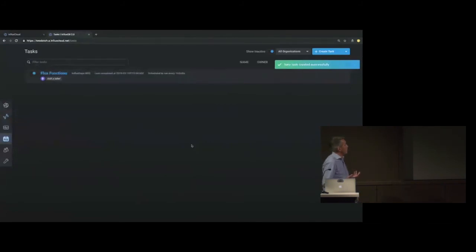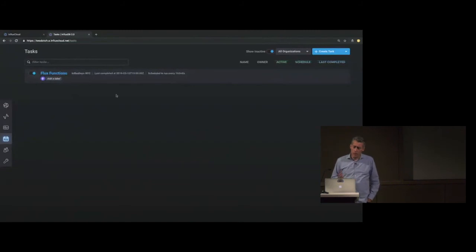I get visualization of what tasks are active and running, and I can turn those tasks on and off. Now again, at the moment, the style of tasks that are supported both in the alpha as well as in cloud are these sort of continuous query style that we've had in the 1.x line. And the intention is to expand that to include anomaly detection, alerting, and notification as we go forward. But that's the first step. Again, using Flux as the means for defining those tasks.